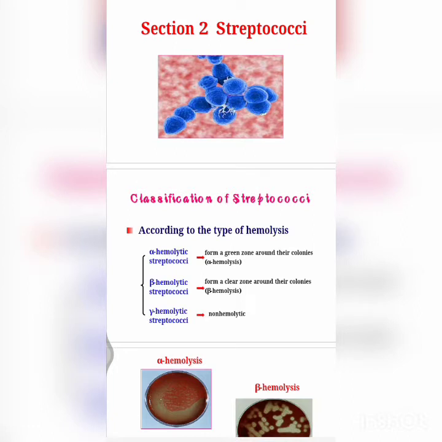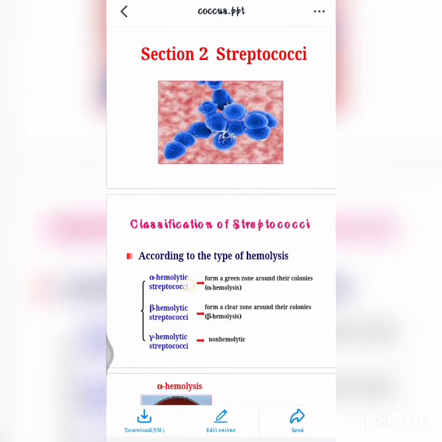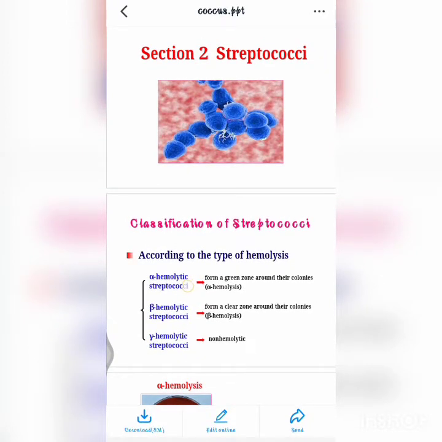It was discovered by the scientists Billroth and Erysipelas, and also Ogston isolated it from acute abscesses. Rosenbach isolated the cocci from suppurative lesions in human beings and named them Streptococcus pyogenes. So in the name Streptococcus pyogenes, strepto means chain forming, coccus means round forms, and pyogenes means pus forming.